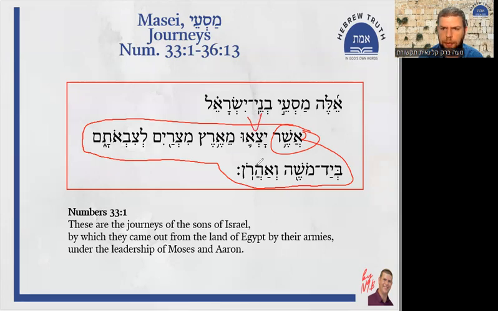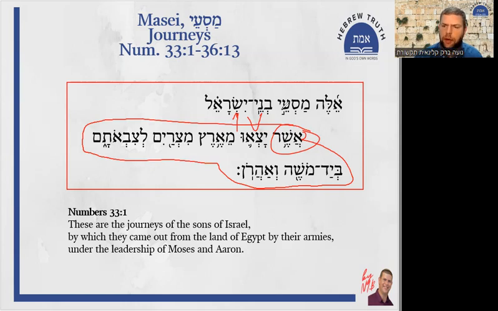We have the verb, which refers, by the way, back to Bnei Yisrael. So the subject of the relative clause is the noun modified by the relative clause. In any case, the whole verse is a sentence, but asher yatzeu me'eretz Mitzrayim letzivotam is a clause. It's a relative clause modifying one of the nouns in the sentence, specifically the noun that appears before it.